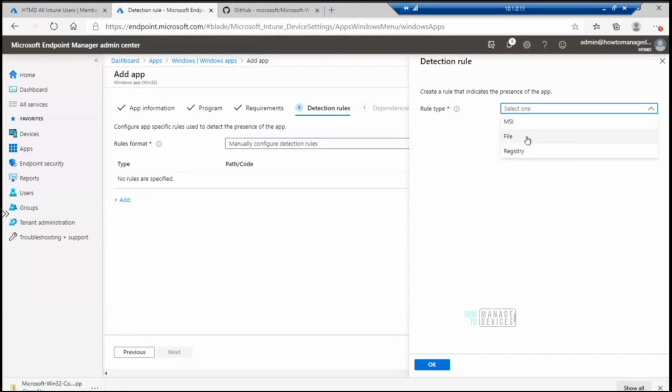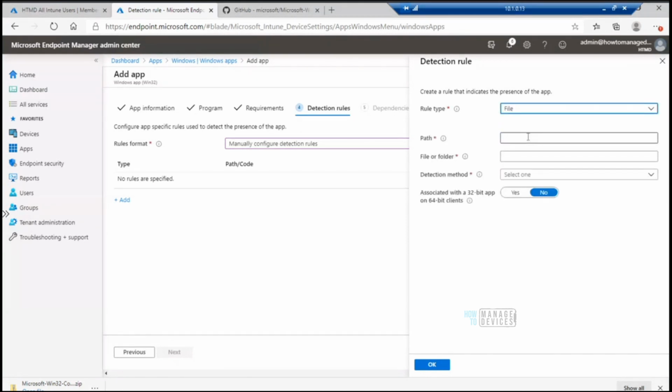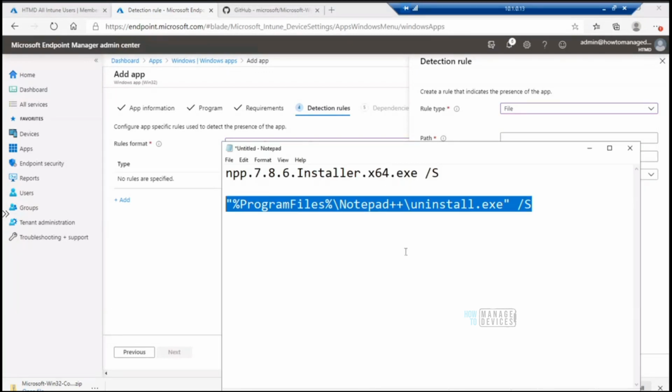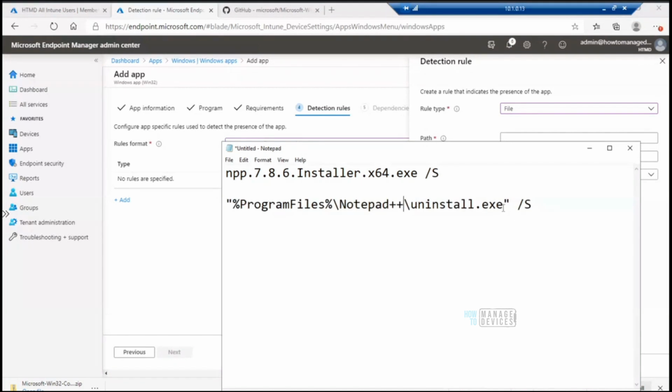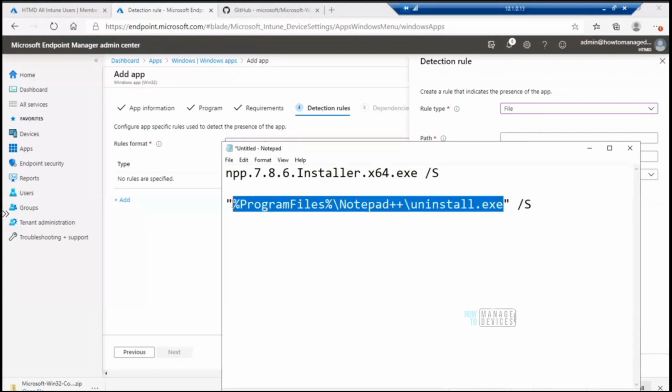Okay, so I'm going to select a particular file over here. I'm going to say this is Notepad++, this one I'm going to select as my file.